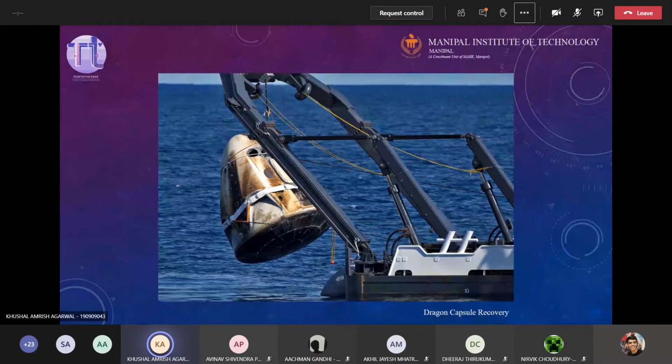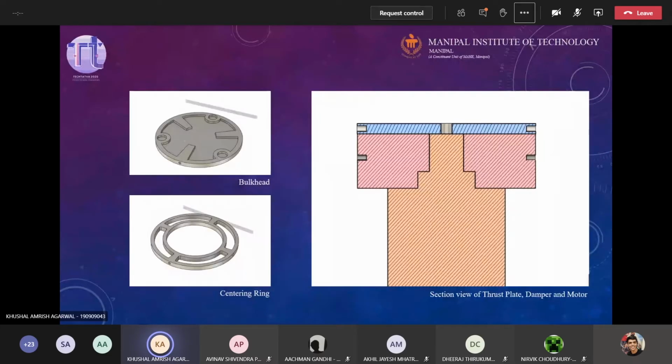Now moving on to the internal components of the sounding rocket. These were some of the components that I mentioned yesterday while explaining them briefly. I'll go into detail for all these components and why they are used. So first up is the thrust plate. Can anyone point out which one is the thrust plate in these photos?